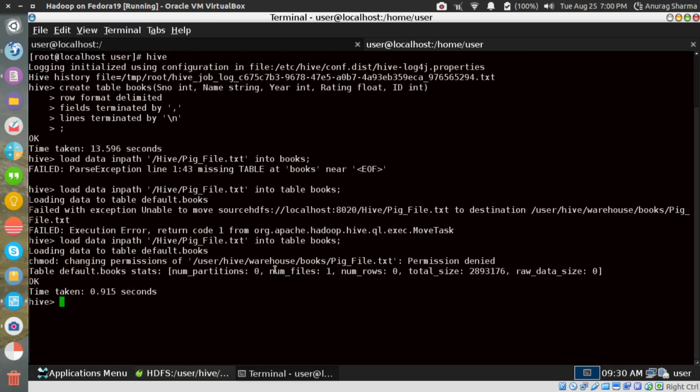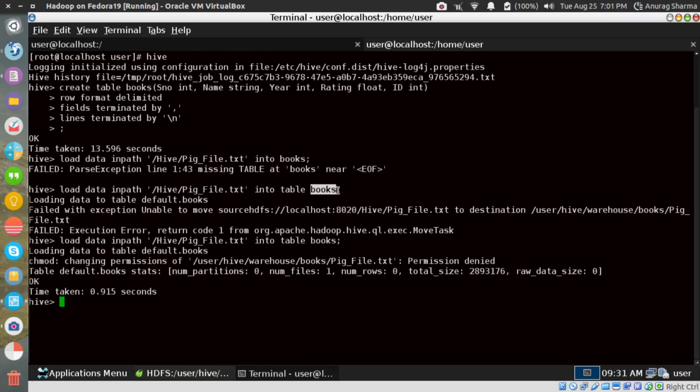So there's no execute permission, which is actually not needed, because what it expects is it will move the file from the directory that you mentioned. So load data inpath, this directory. It will pick the file from this location, and it will move the file to the books table that you just created.